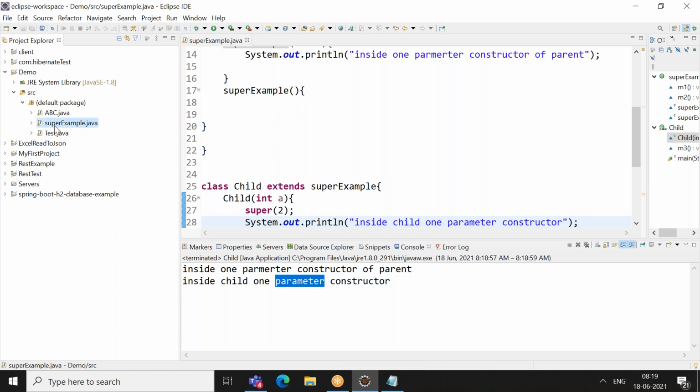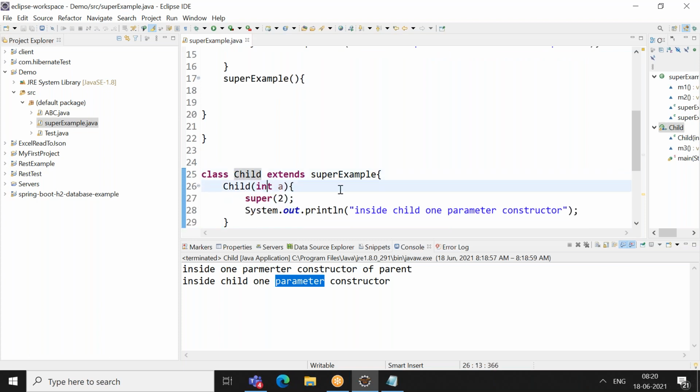For example, I have SuperExample, right? So this child will not be in this same .java file. It will be in another Java file. Your relationship will not be in the same file generally, but I just wrote it in a flow. It will be in a different Java class, because you will have a relationship with that.